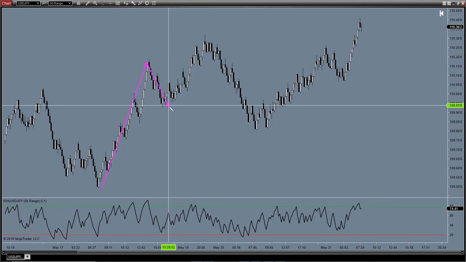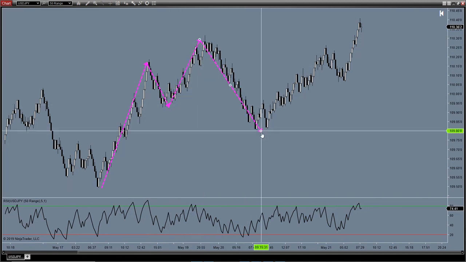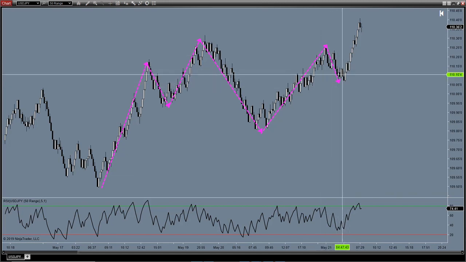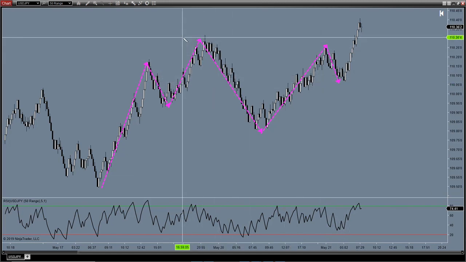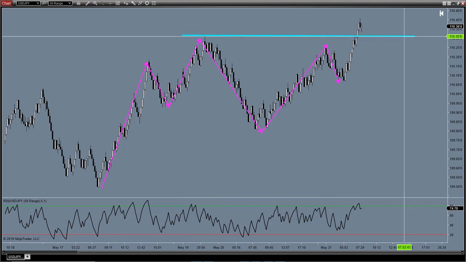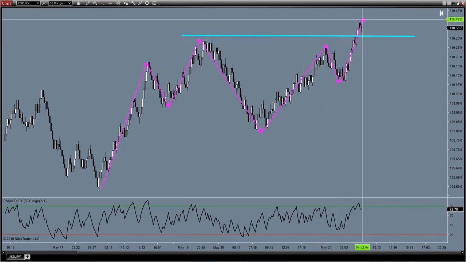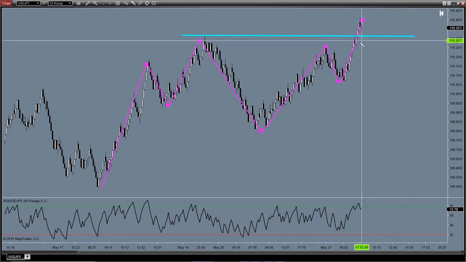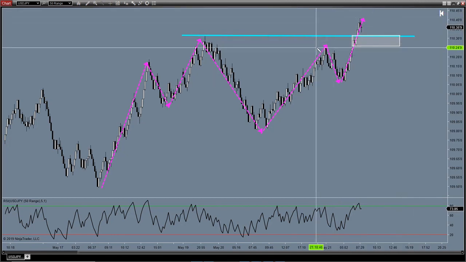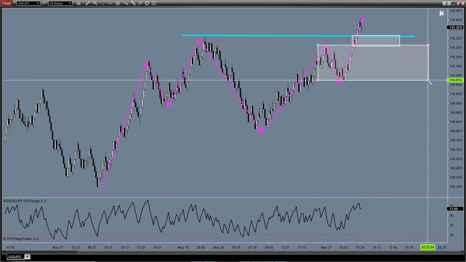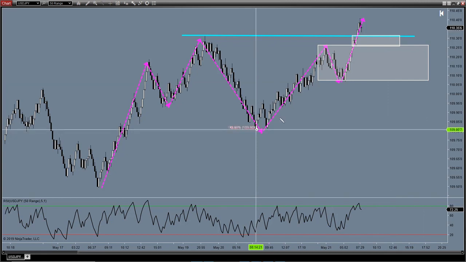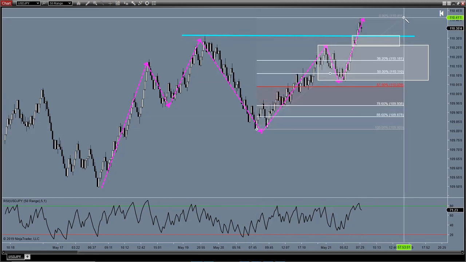I see this, I see that, right? This is the main part I'm looking at right here, because we already know our analysis from the higher time frame. This is the higher high, higher close. We're looking for the break of this level as a pullback trader. There's a small sneaky zone in here, but mainly we're looking for this zone right here for our entries. And again, if you want some Fibonacci confluence, you can draw it out there.